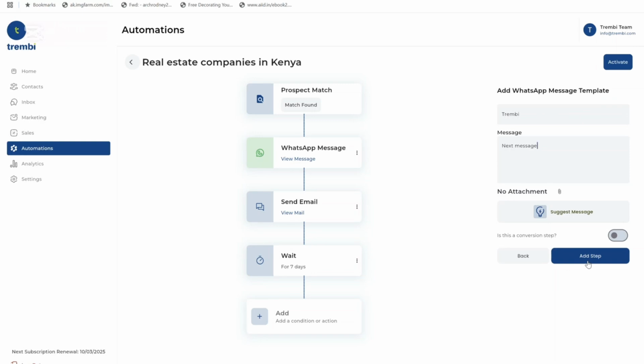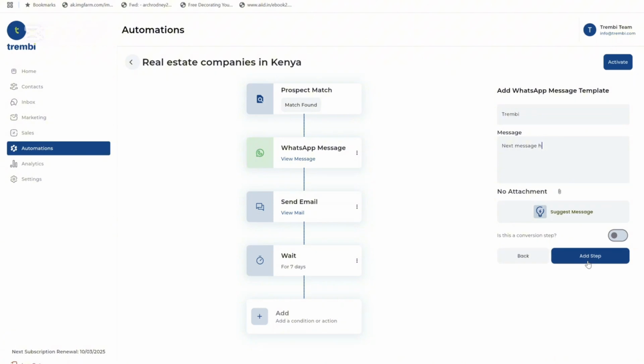If they don't respond, it will go ahead and follow up for me, keep following up, trying to literally do what I needed to have been doing as a human being, because that was the same process I was going to go through anyway. I was going to look for the lead, initiate a conversation, wait for the person to respond through email or WhatsApp or any of these channels. If they don't, I was going to follow up in the first place. So I'm just replicating what I was supposed to have done and putting it in a format of